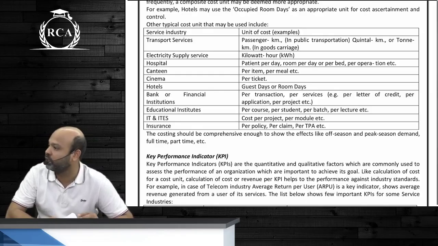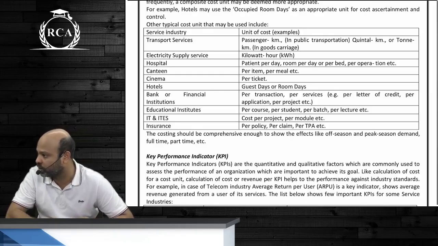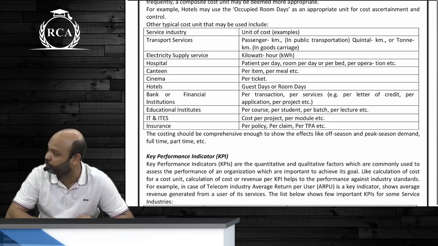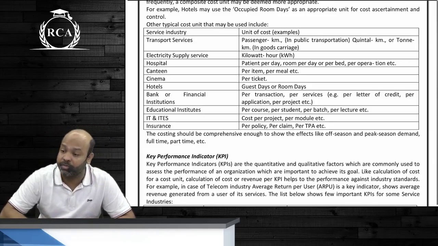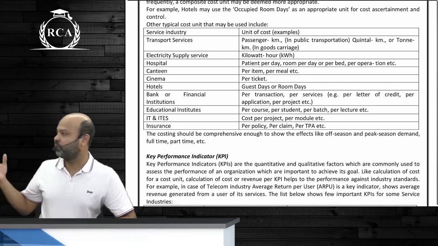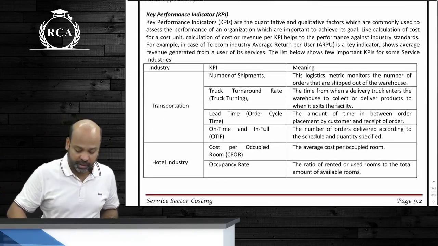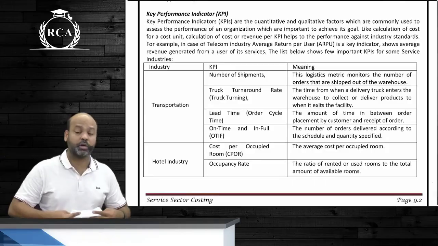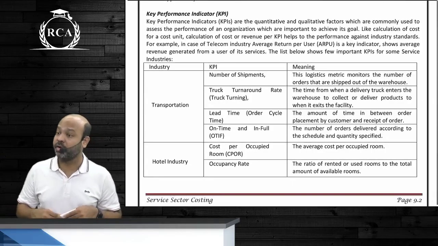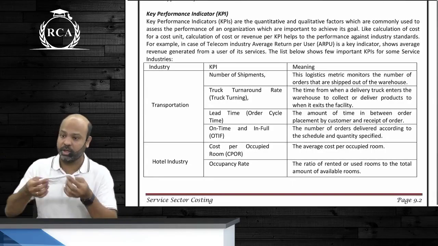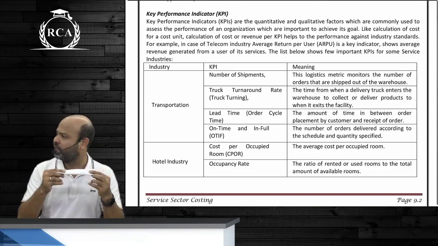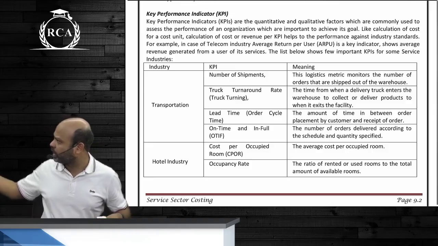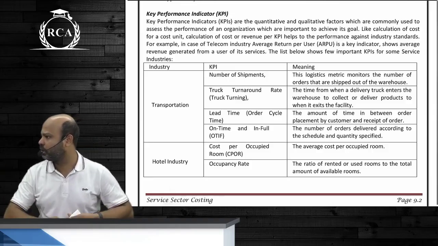So every organization is going to have a critical success factor. They're going to measure how that critical success factor should be evaluated, and that is the key performance indicator. They've given us a detailed list of key performance indicators here, guys. Not relevant from a costing perspective, more relevant from a management perspective. That is why I said this is more related to strategic management, guys, than related to costing. They have just given it like that, beta. What they will do and what they won't, God alone knows.